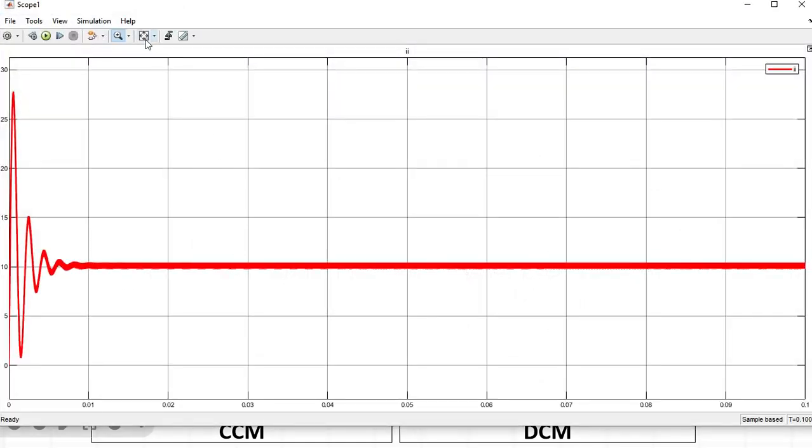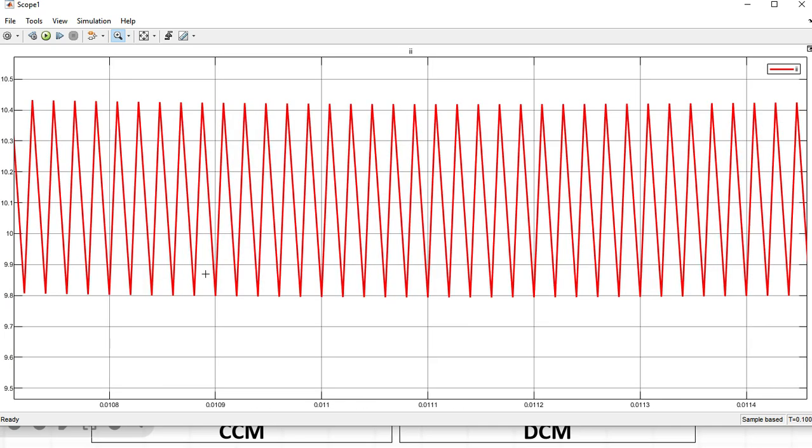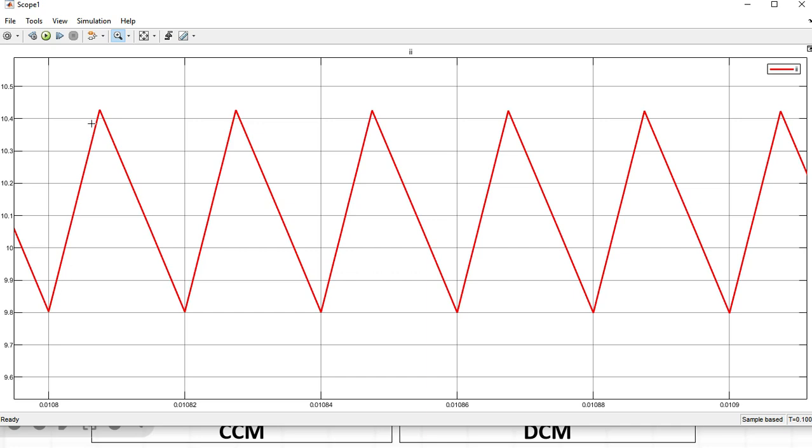It is actually the inductor current behavior. In the boost converter, the inductor current is our input current. When the switch is on, the current will increase. When the switch is off, the current will decrease, again increase and decrease. If you have predicted this behavior correctly, you are on a good track. So this is about the boost converter.